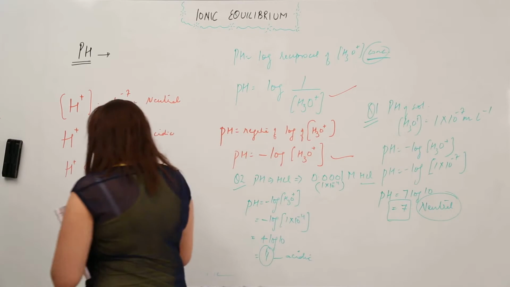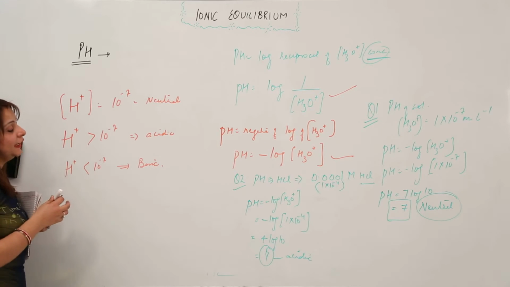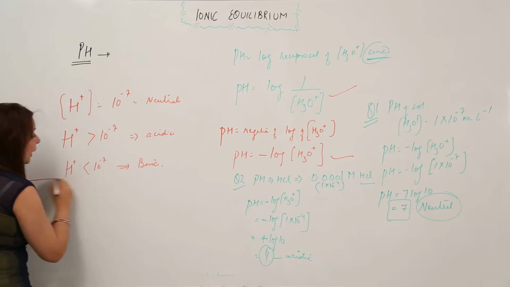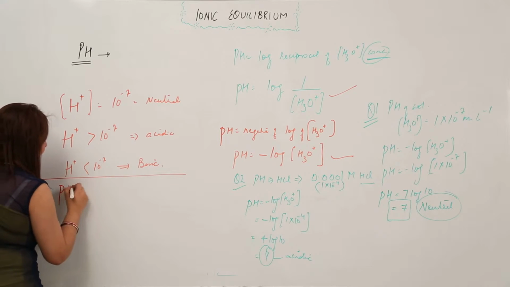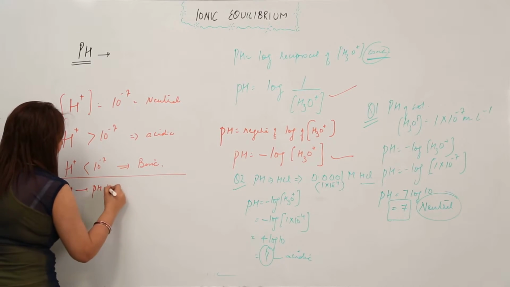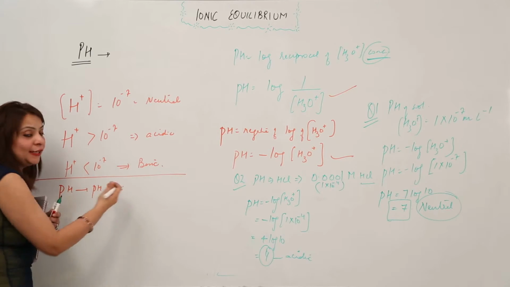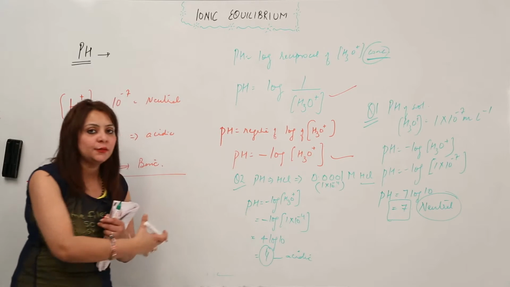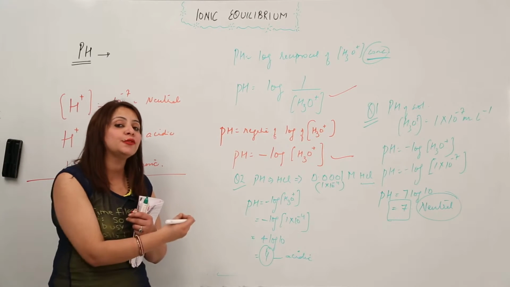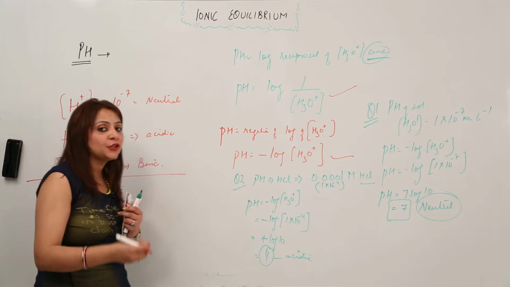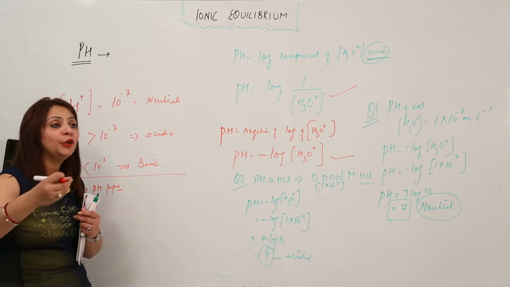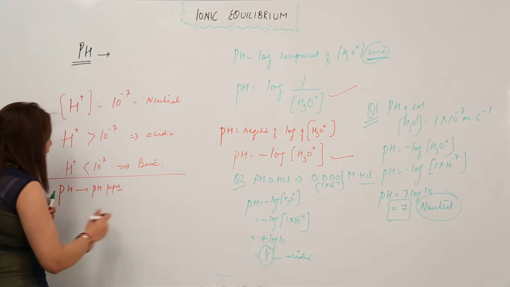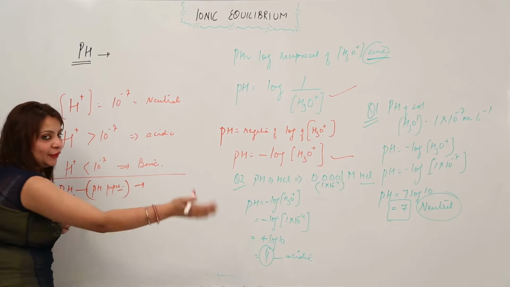So how can we calculate the pH? There are two methods to calculate the pH. One is the pH paper, right? This I'll show you with a live experiment. I'll show you how different solutions have different pH on the pH paper, or the changes we observe when we dip a pH paper into it, right? So this we'll be discussing with the live example now.